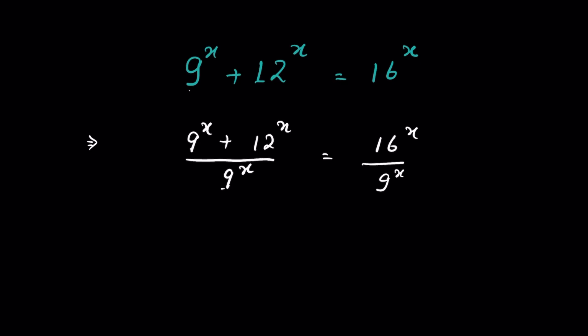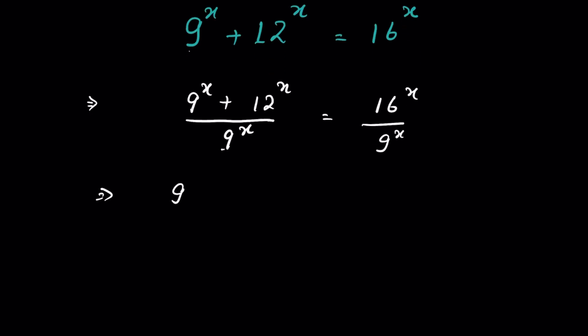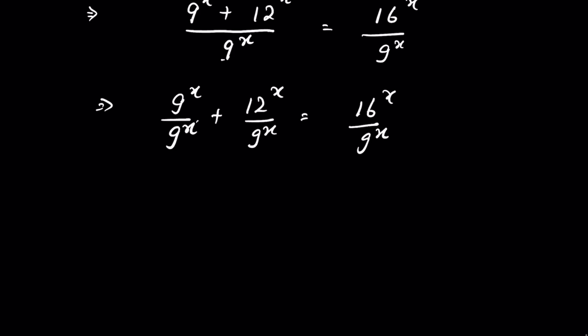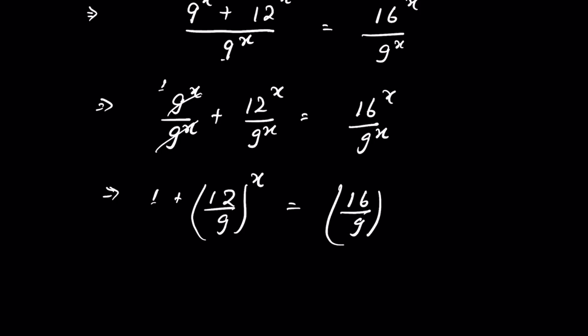the equation. Now this means we can write 9 to the power x upon 9 to the power x plus 12 to the power x upon 9 to the power x equals 16 to the power x upon 9 to the power x. This and this get cancelled. Now this is 1 plus 12 to the power x upon 9 to the power x, we can write (12 upon 9) whole to the power x equals (16 upon 9) whole to the power x, because there is a